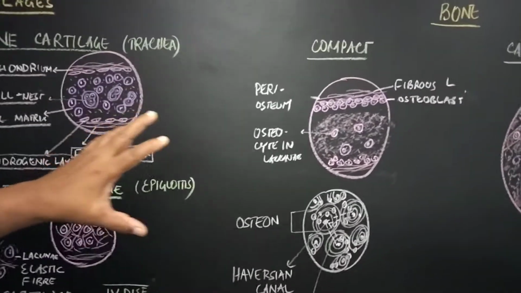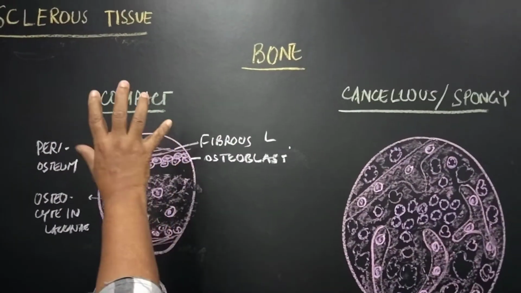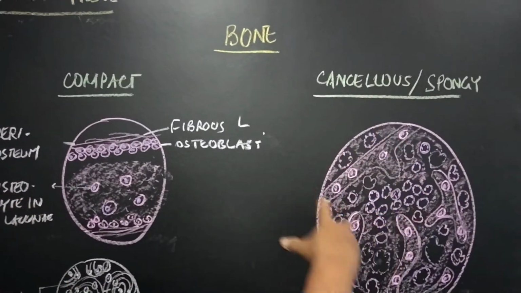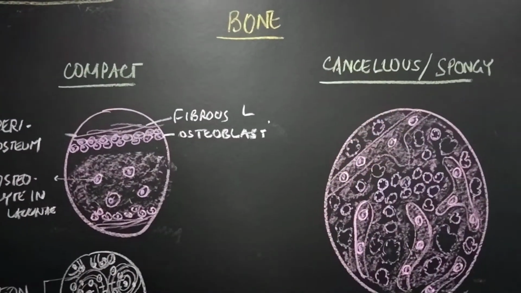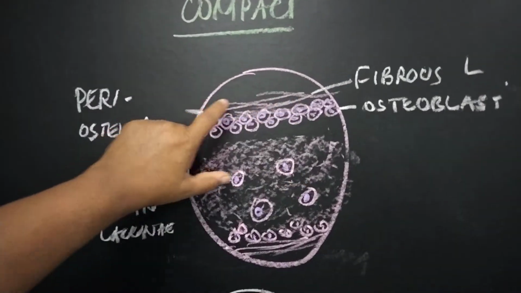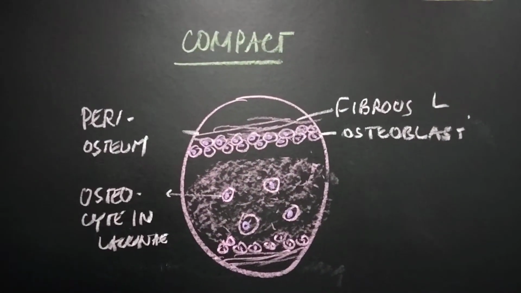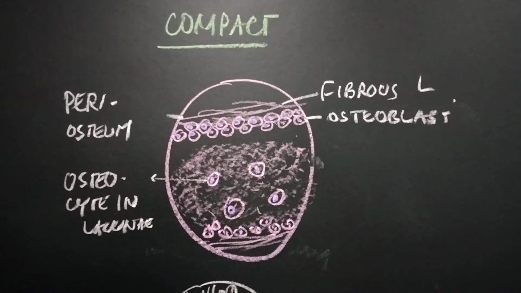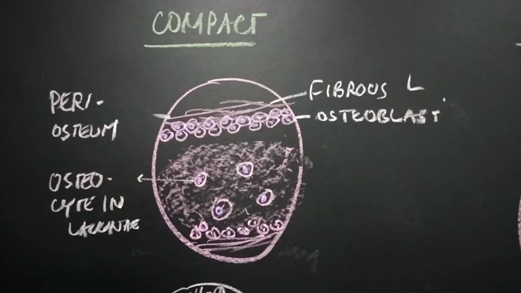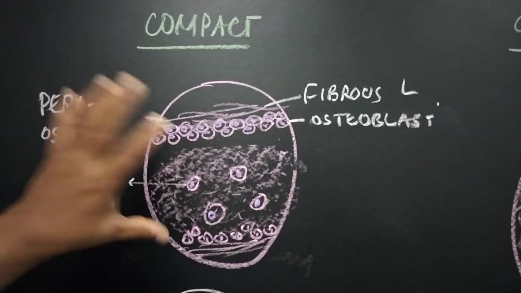Now let us come to the permanent structure, that is called bone. Histologically bones are of two types: the outer part, called the compact bone, and the inner part near the medullary cavity, called cancellous bone or spongy bone. Now in the compact bone histological study, there is a periosteum which has a fibrous layer, and below it osteoblast cells. The cells of the bones are of four kinds: osteoprogenitor cells, the precursor cells of the osteocyte, and osteoblasts, which are like fibroblasts. The rigidity of the bone is given by these bony structures.